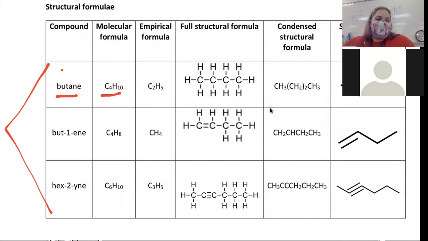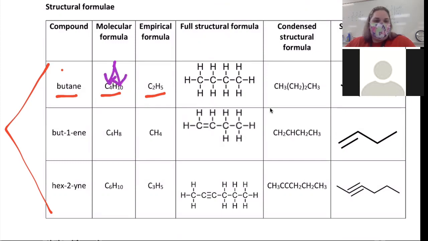So, it gives me the basic information, but it doesn't give me a lot of detailed information. The empirical formula is where I have the subscripts for my formula reduced down to the lowest whole number ratio possible. So for example, if I look back at the molecular formula, what I want to do to figure out the empirical formula is look at the